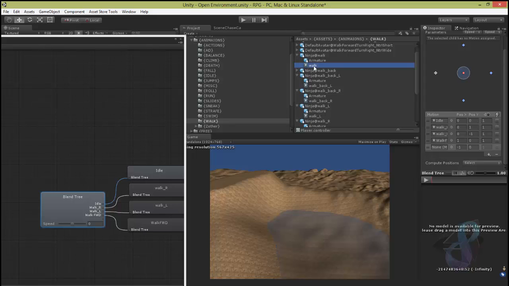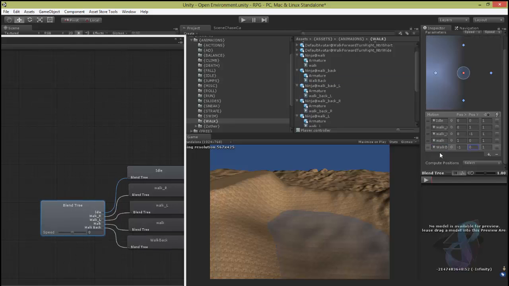Ninja walk forward. Ninja walk back here. Okay, so walk forward, walk backward, walk left, walk right. These are wrong, sir. So we need 2 motions,